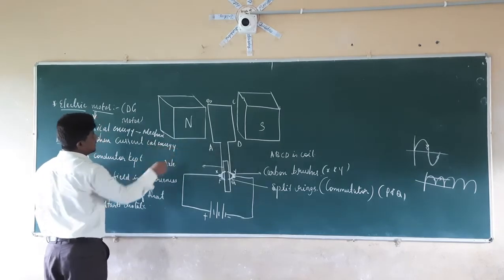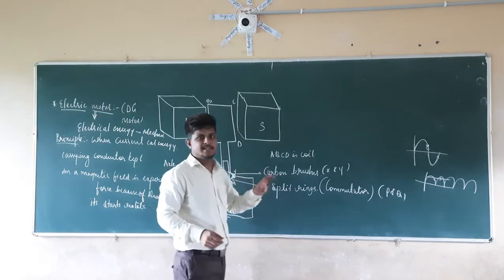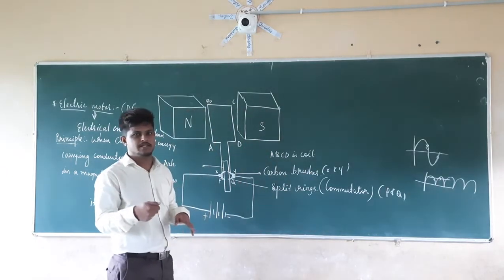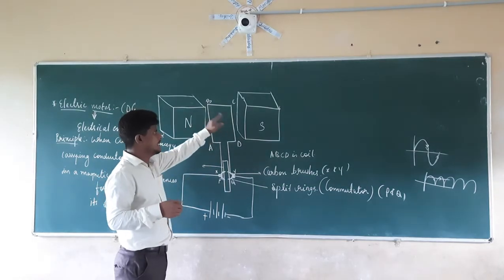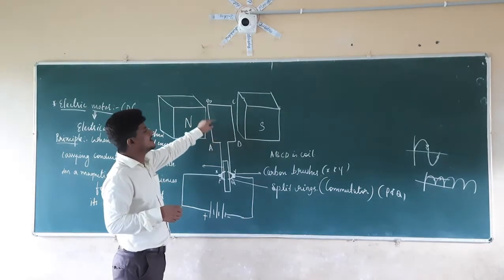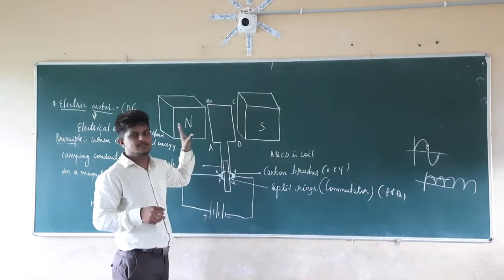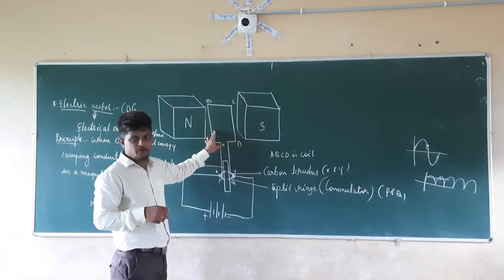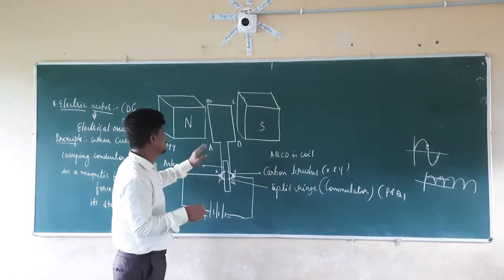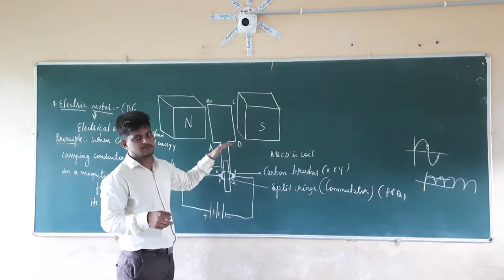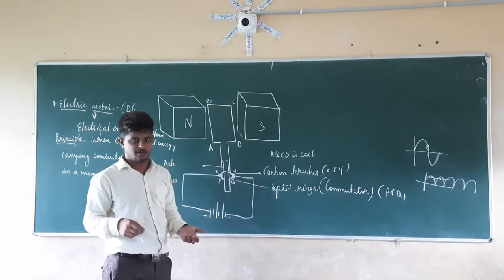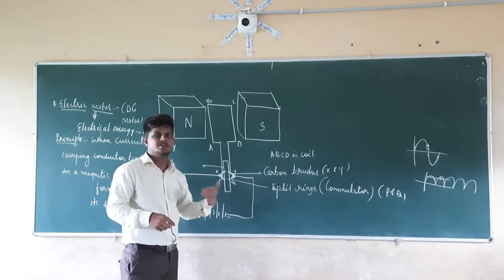Then what is the principle here? On which principle does this electric motor work? By seeing the diagram, we can directly say on which principle it works. See here, we have a current carrying conductor which is kept in a magnetic field. When a current carrying conductor is kept in a magnetic field, it experiences some force. Because of that force, it starts to move. That is, it starts to rotate. If it starts to rotate, the axle which is connected here also starts to rotate. If you connect a fan here, it also starts to rotate.